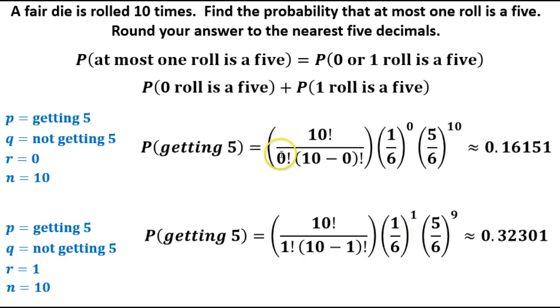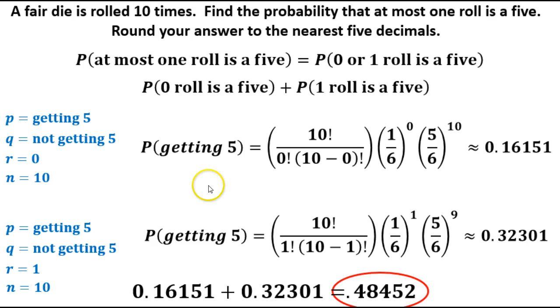5. Okay, so for the probability that at most one roll is a 5, what we're going to do is combine these two together. So basically, I know what this total is and I know what this total is. I'm going to add these two here together. Okay, so we've got 0.16151. I got that from right here. This is my probability of getting a 5 0 times. Then I'm going to add that to my probability of getting a 5 1 time. So those two together would give me my answer in this case. That's the probability of finding at most one of those